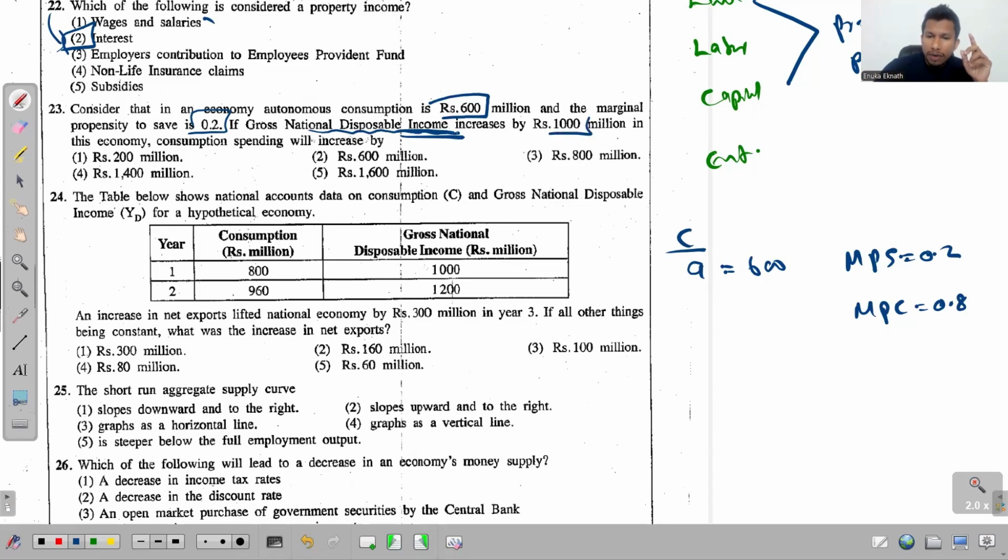If national disposable income, okay, look at this one. Disposable income increases by 1,000 million in this economy. So YD increases by 1,000 million in this economy. The consumption spending will increase by